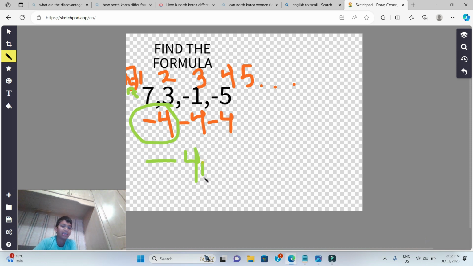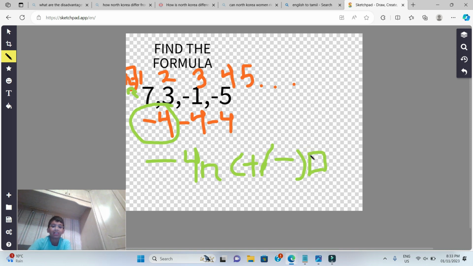Yeah, so for n, that's the minus 4n, and this is also a tricky part. This is the most tricky part. Plus minus something, choose a number,